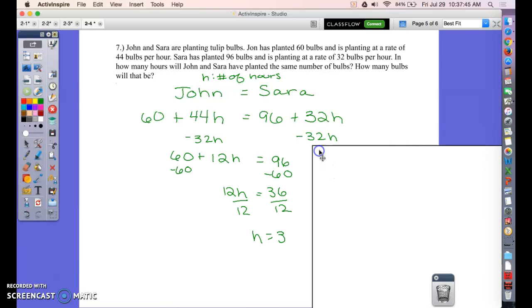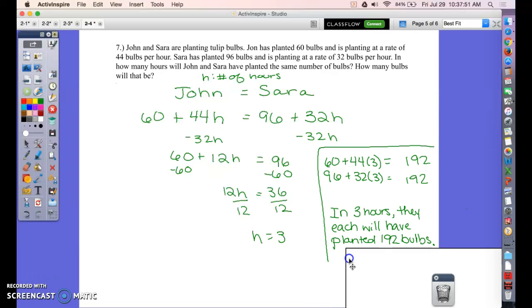Try solving it and then look at my work here. When I solve, I get that h is 3. You have to then plug 3 in to your original, to each half really, for John and for Sarah, and double check and make sure you figure out how many bulbs they've planted. They have planted 100